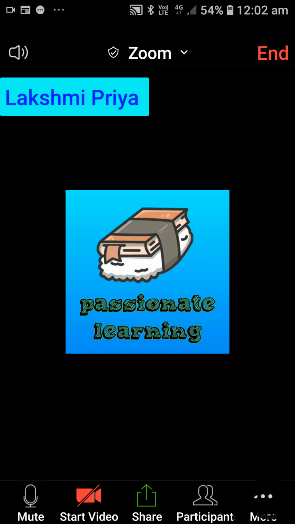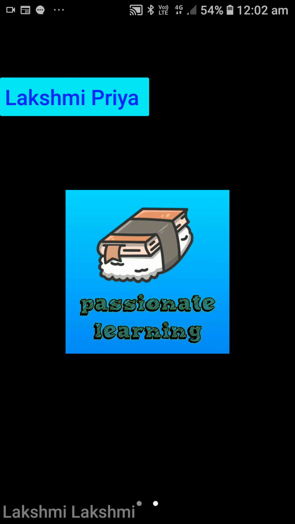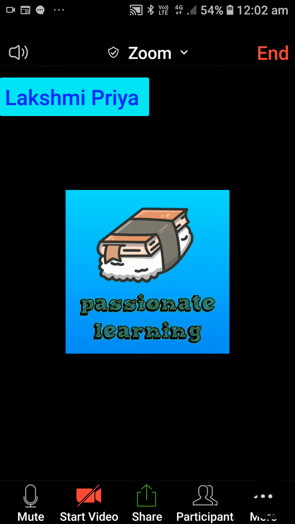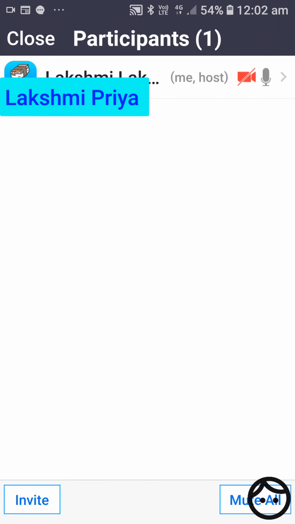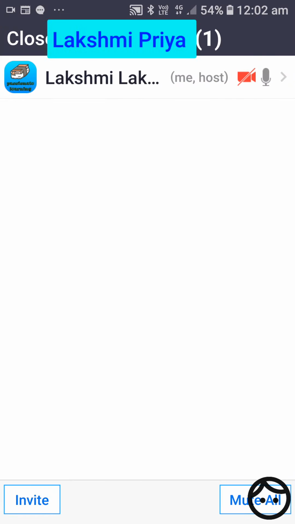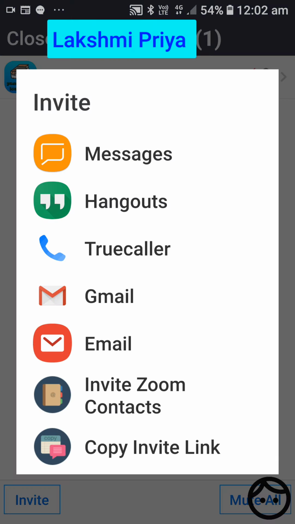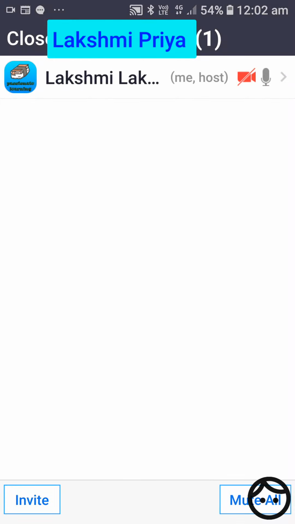And here share options are there where different features of the Zoom can be used here, and participants who are participating in this meeting will be displayed here, and you can invite those participants by sending a message through text or Truecaller, Hangout, or Gmail, email, or invite Zoom contacts, or you can copy the link and paste it in your WhatsApp also. So you can send that link to a particular person whom you want to conduct the meeting.